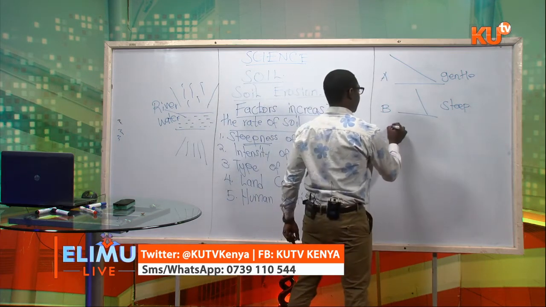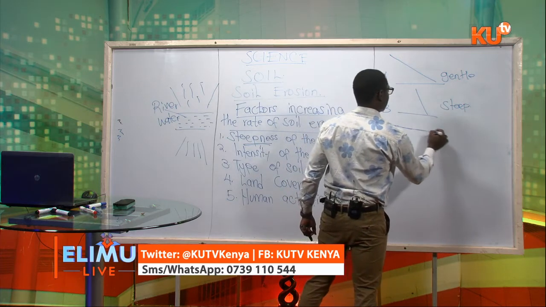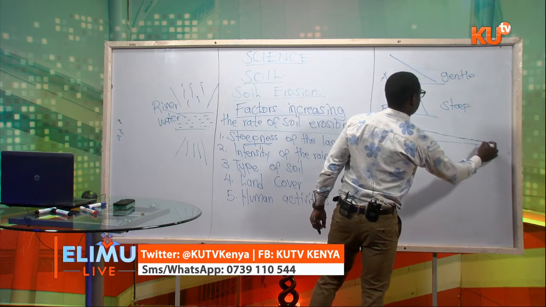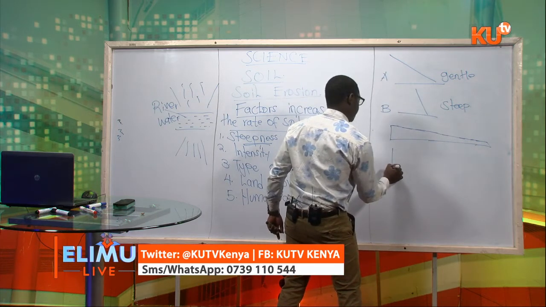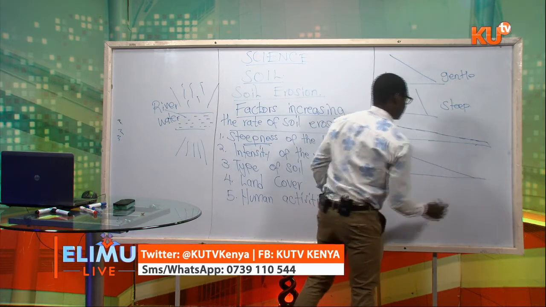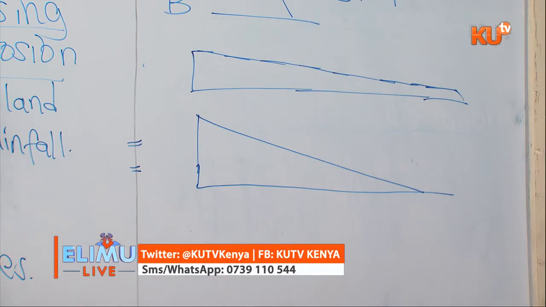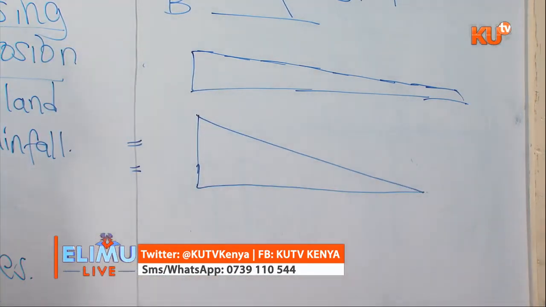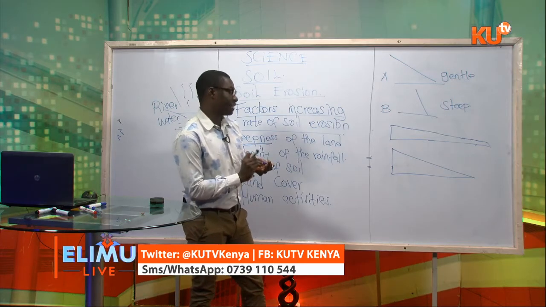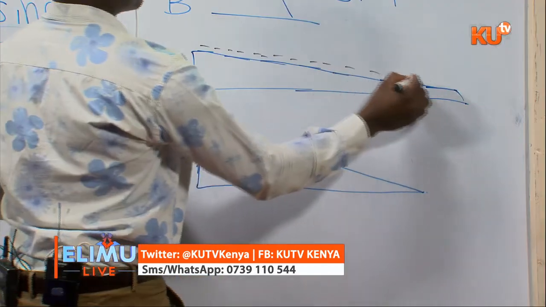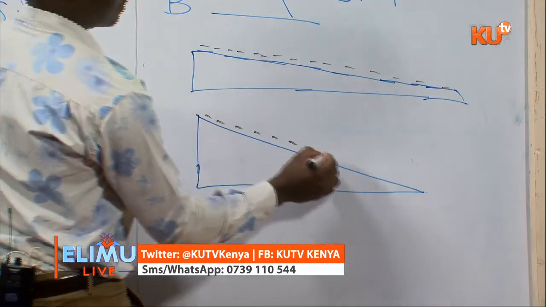So, taking an example, this one is your land, and this is the slope of the land. Then we have this other type of land, and it's very steep. If water starts to flow, this is common sense. Let's say we pour water at this part. So when we pour water here, and we pour water here,